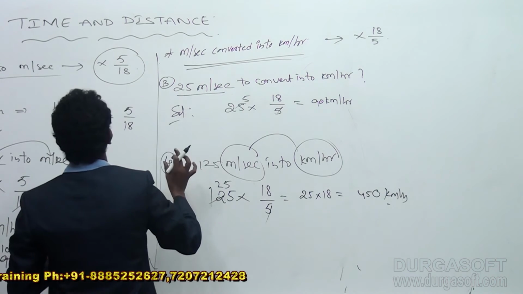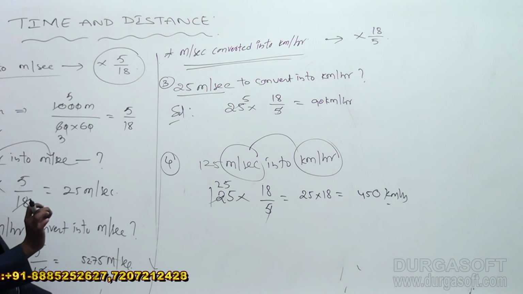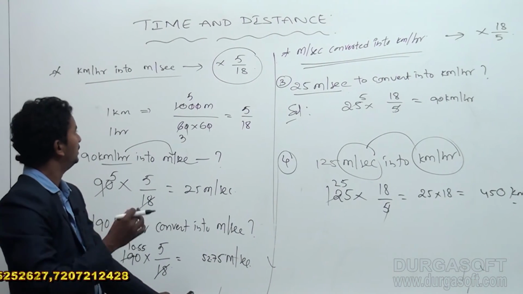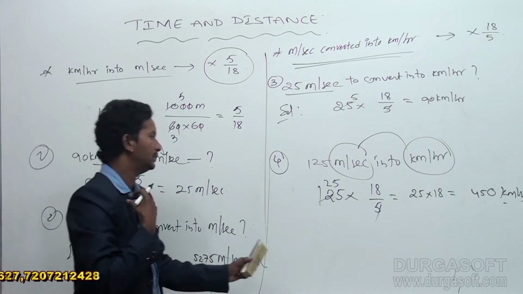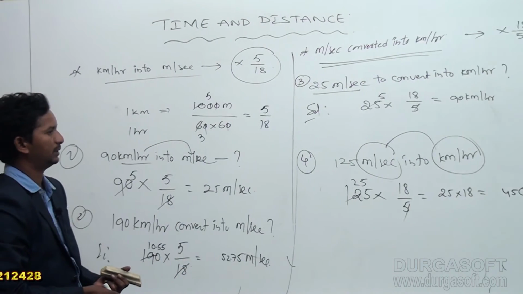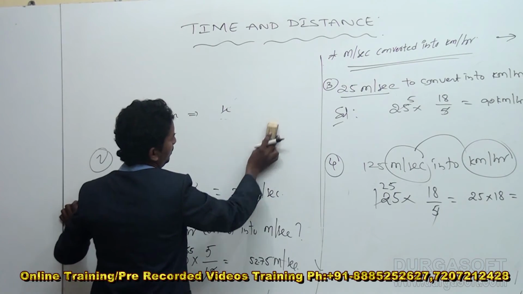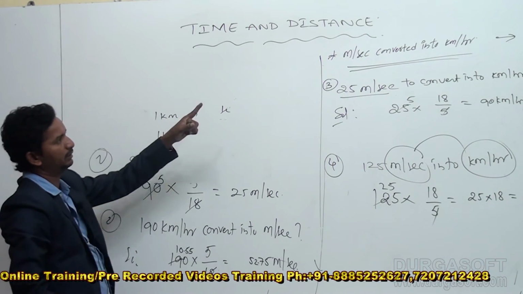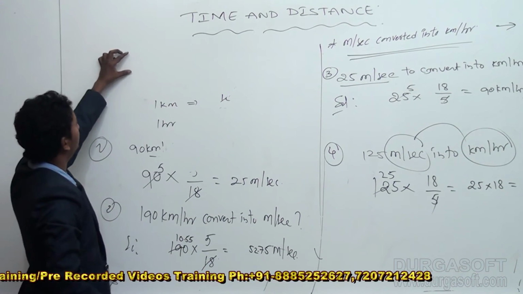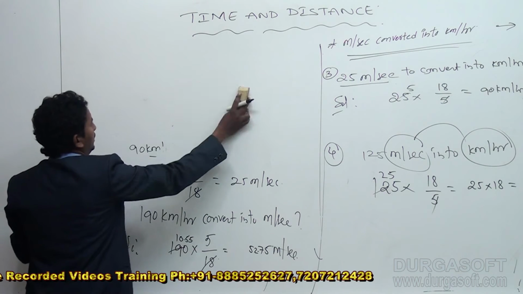Okay, this is the introduction to time and distance. Now what is given here? Only how to find the distance, how to find the speed, and how to find the time period. Now see once more: 18 fives are 90, 36 plus 9 is 45. Now the conversion is over. When meter per second is given to convert into kilometer per hour, multiply by 18 by 5. Again, when converting kilometer per hour into meter per second, multiply by 5 by 18. This is the conversion of problems.